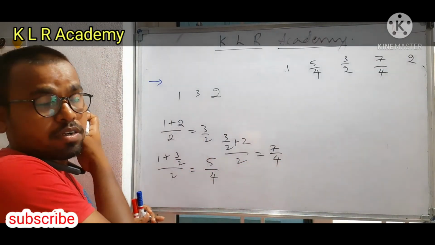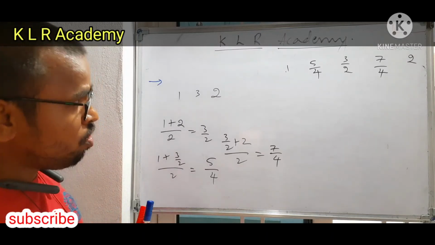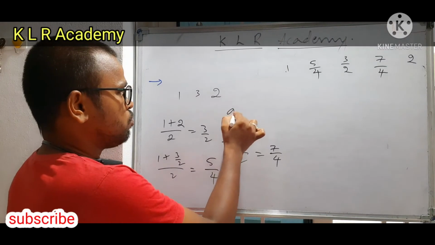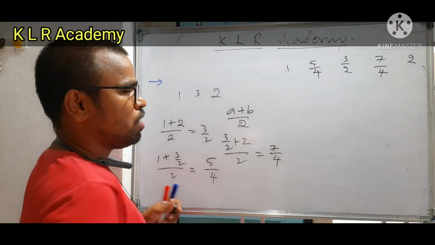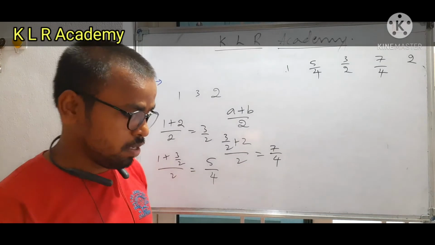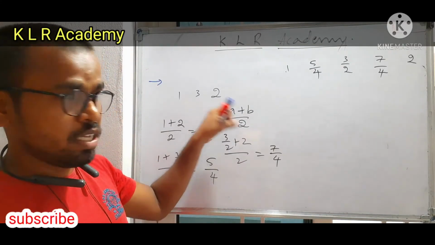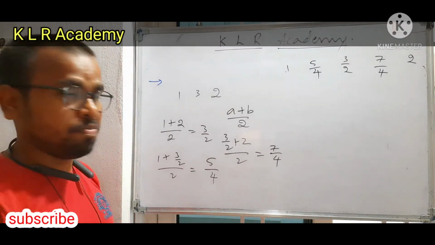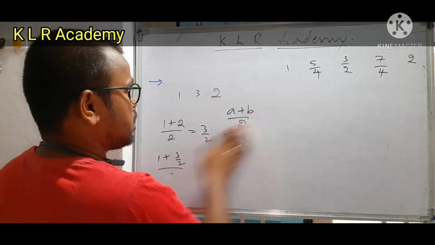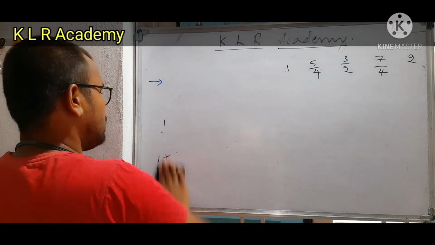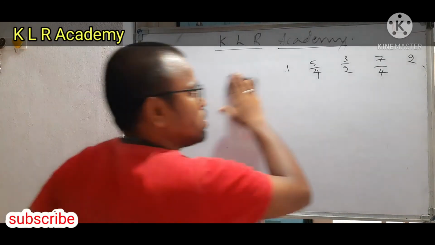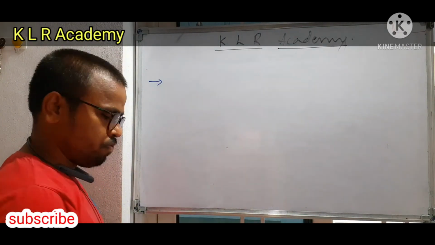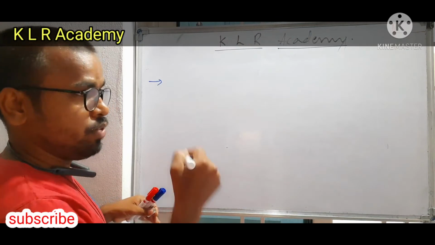Okay, how many have we got? So observe, if you go on doing these types of problems with the (A + B)/2 concept, it takes a long time to calculate a number of rational numbers between any two rational numbers. Then what is the alternative method? So we go for another way of finding rational numbers between any two rational numbers.